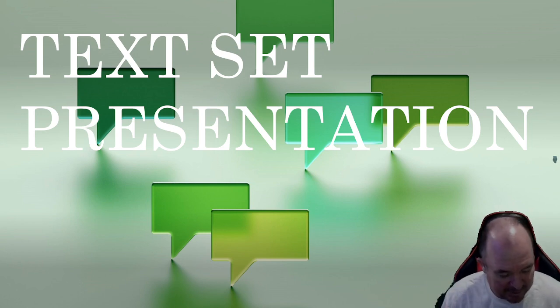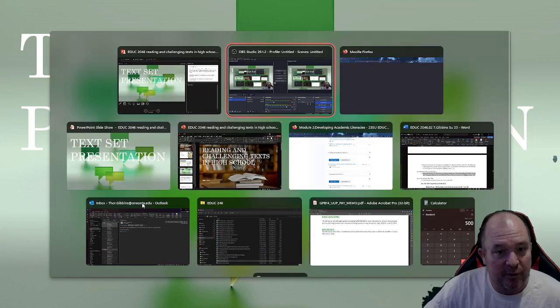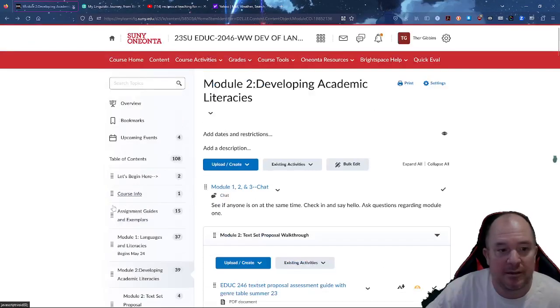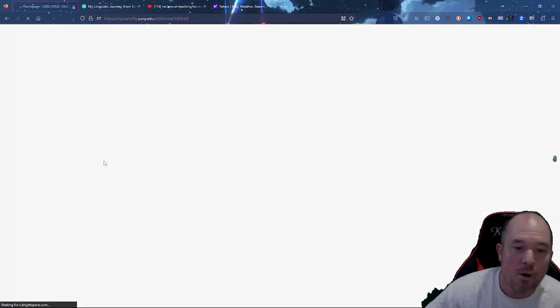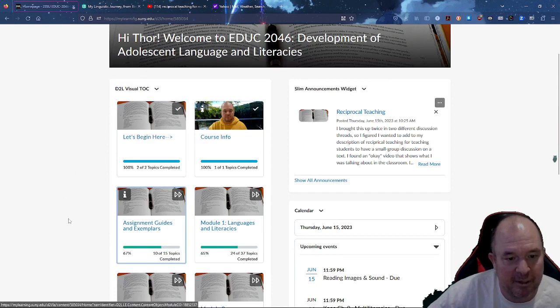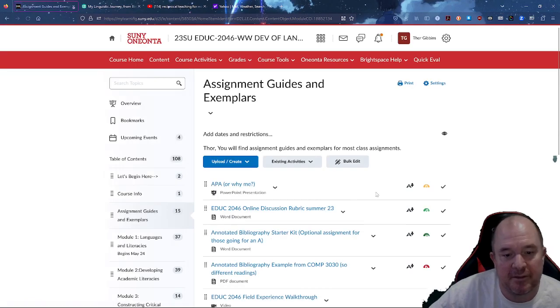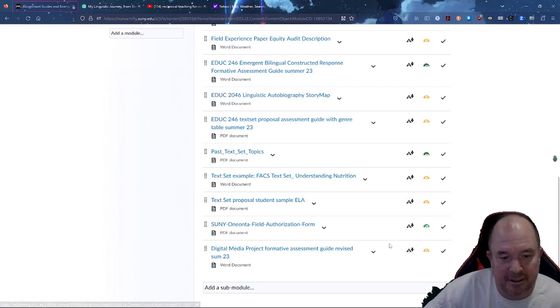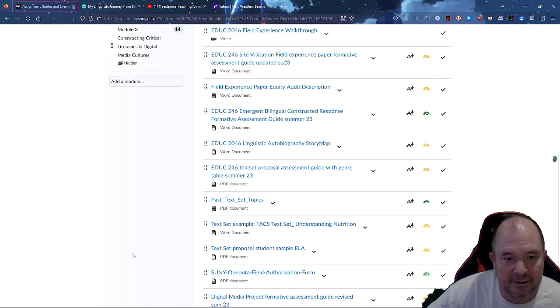This is my text set presentation slide, so I'm going to turn to Brightspace, and I'm just going to go to course home. This is how I navigate the Brightspace area, and then I want assignment guides and exemplars. I will have this example in the Dropbox for text set, so if you want to just see this in case.